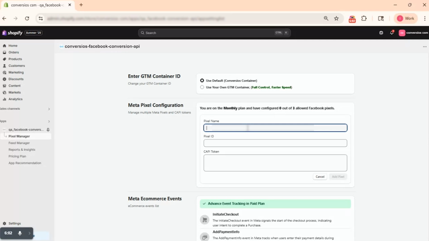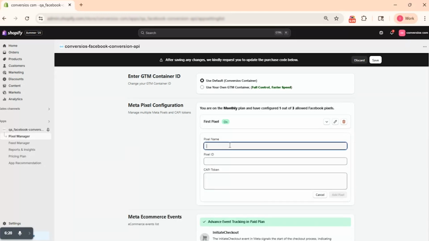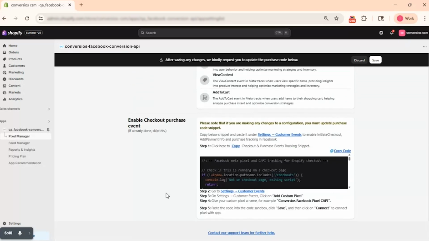So add the pixel name, let's say, and API token as well. Now if you want to add more, click on Add Pixel, so that you can have one more option available for additional pixels as well. Apart from that, you will see with the paid version of the app, InitiateCheckout, Add Payment Info and Purchase Events Tracking are also available. As we have made changes recently, we just need to click on Save button,